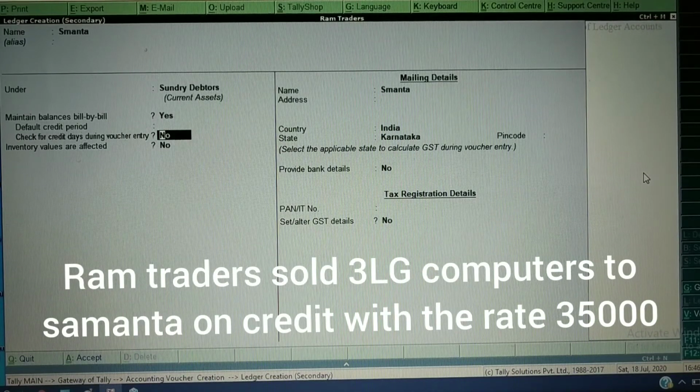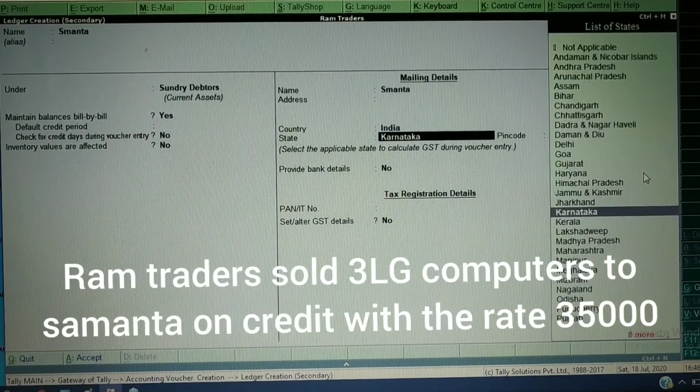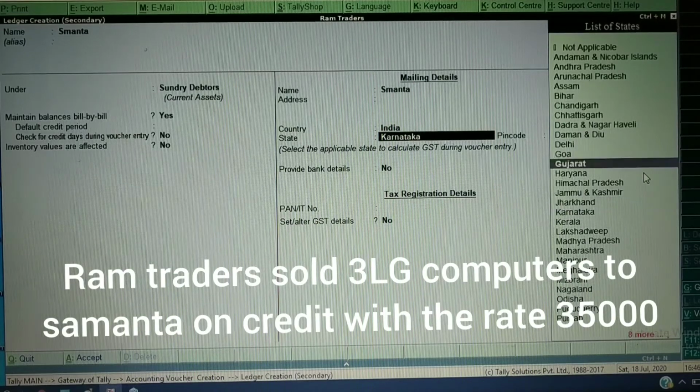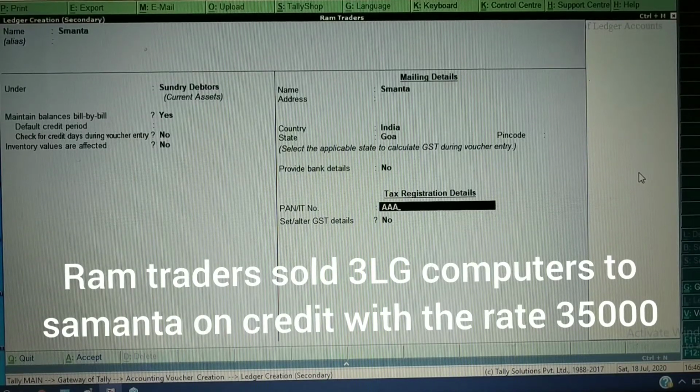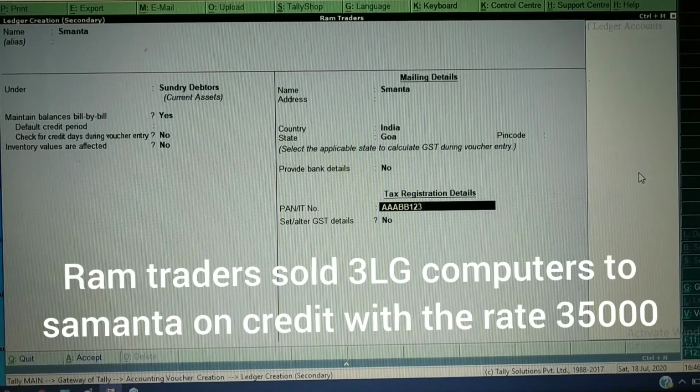This maintain bill by bill option is important because we are selling goods on credit, and we are selling goods to another state because Samantha is living in another state. Select here Goa. Okay, take enter, and here we need to write the PAN number. A combination of A and B I will write. Okay, so next here is 4 numbers and 1 alphabet.